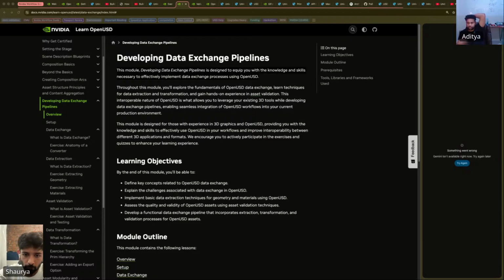Developing data exchange pipelines. This module, developing data exchange pipelines, is designed to equip you with knowledge and skills